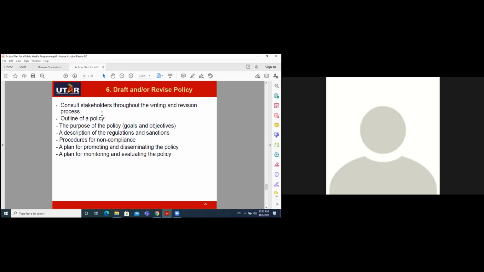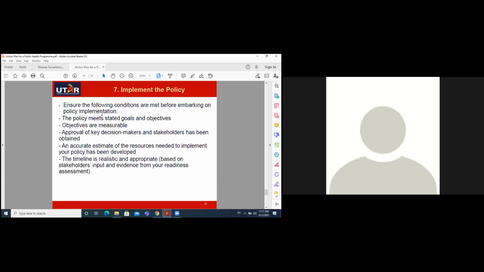Okay, so during the revision of the policy, the public health officer could highlight some, or the stakeholders collaborate with the private organization to come up with some promotion activities to increase awareness of these activities for that specific disease. And finally, after you have this draft, the public health team could implement the policy to ensure